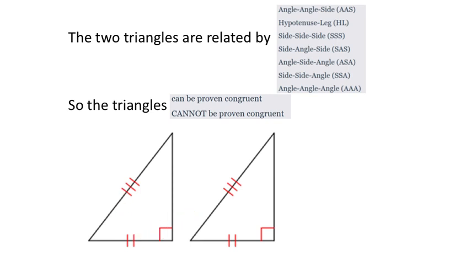The problem with this is that this is a right triangle. Boom. Right triangle, right triangle. So, in fact, we wouldn't look at this as any of the side angle relationships. We have to look at the one that is for right triangles, which is a hypotenuse leg relationship on this one. Now, if it is, then it would be congruent. If for some reason it's just a leg-leg relationship, then we can't guarantee that they would be congruent, at least based off of these